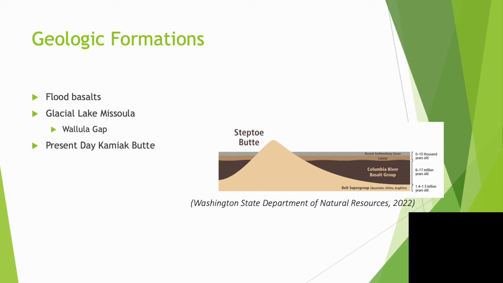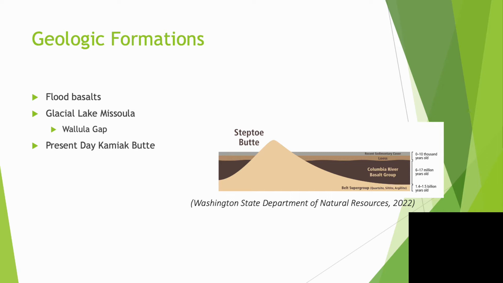Eruptions that occurred about 15 million years ago caused about 350 lava flows. These lava flows then hardened into flood basalts. The flood basalts covered the entire Columbia region and parts of Washington, Oregon, and Idaho. As the molten rock rose above the Earth's crust, the surface began to sink, which caused the Columbia River Flood